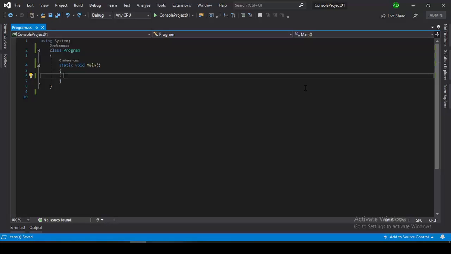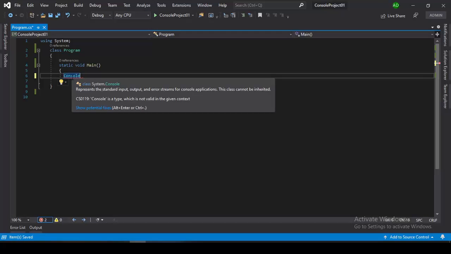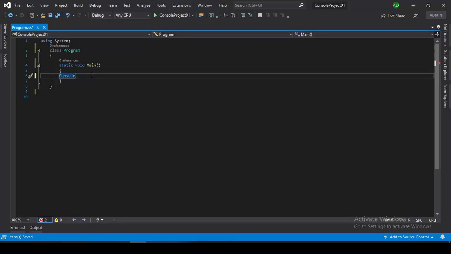And to do that, it's very simple. I don't need to write any new methods. I will just use the classes which are already present inside the .NET Framework. Within the .NET Framework, we have a class named Console. This is the Console class which is present inside the .NET Framework. We use this class to write or read something from the console window. My program wants to write a message on the console, so I will simply use the WriteLine method.